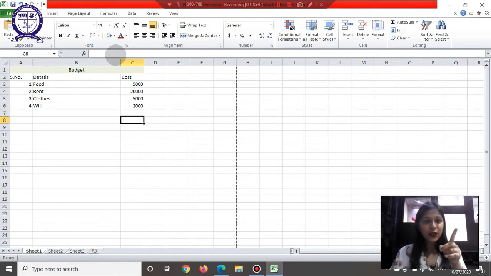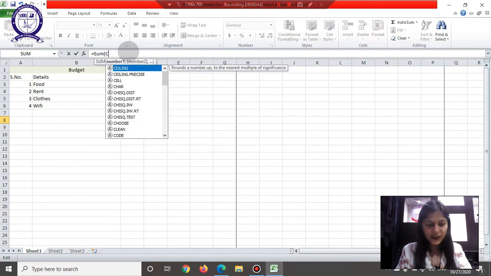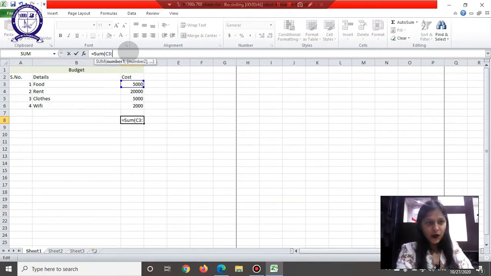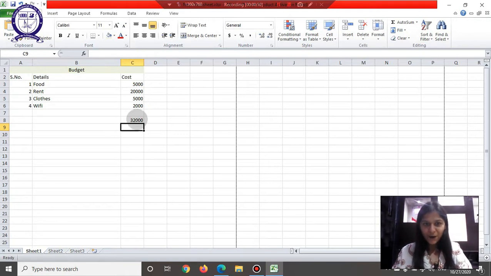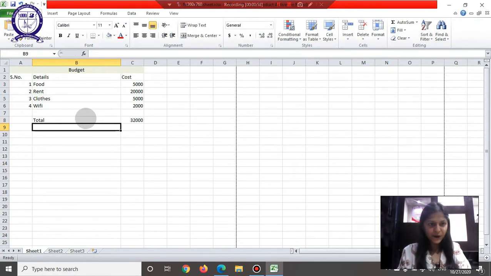So now the best part of Excel is that you can actually add your cells like this. So you can put formulas on your cell. So if I would like to add from C3 to C6, I would press the sum function, and then C3 to C6. Now I'll teach you more about this later, but you can see that it has calculated the total amount here, and I'll just mention here that it's this total, right?